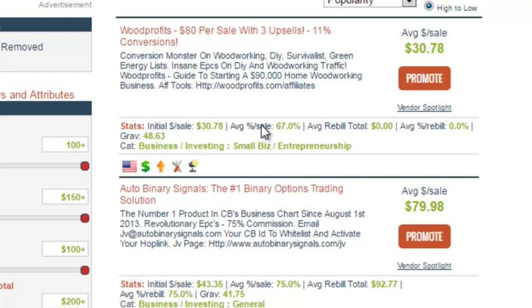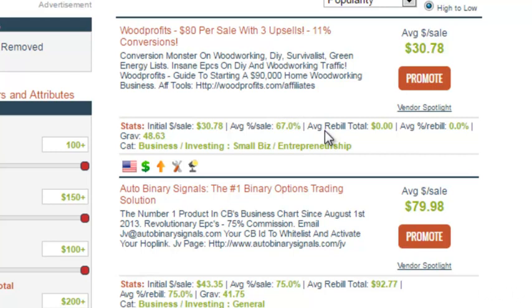Then here is the average percentage sale. This shows the percentage of the amount you earn. That is, you're earning 67% of the amount, which is good. I don't promote products with less than 50% commission. Okay, so